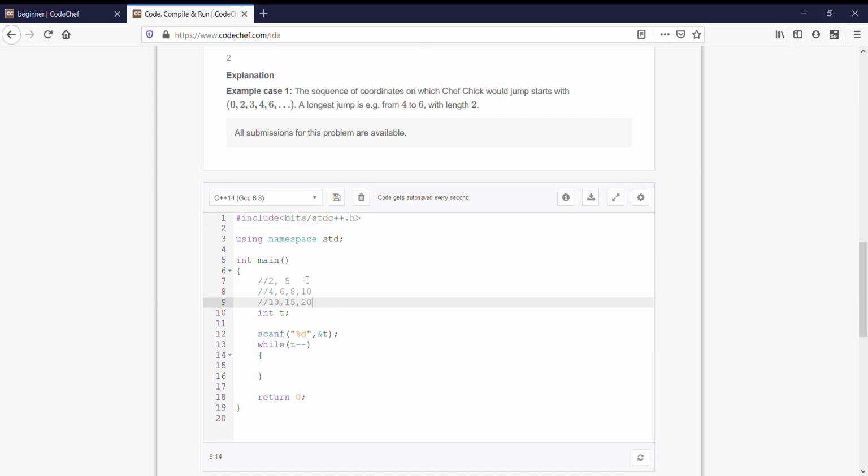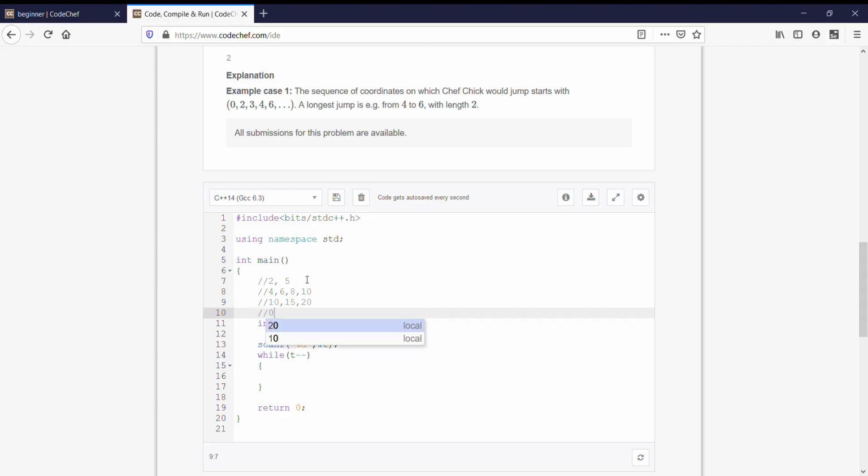Jeff is standing on a number line. He is standing at number 0. Now Jeff wants to jump as small as he could, and it is also said that Jeff would be jumping only on his favorite numbers. So first number is 0 where he is standing, and next number would be 2 because he wants to jump the smallest distance, so the nearest number from 0 is 2.